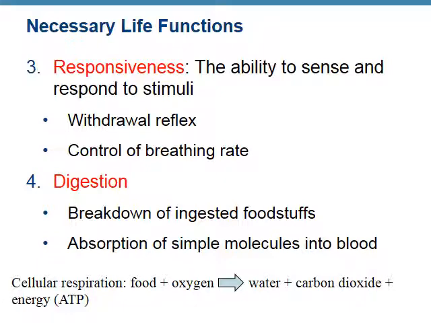Number 4 here is digestion. So in order to survive, we have to break down ingested, and they call it food stuff. So basically we're talking about glucose, carbohydrates, proteins, lipids. We have to take large food molecules like a hamburger and break them down into their simplest components, and then use those components to build molecules for ourselves. So here's the breakdown of food stuff, and then the absorption of the simple molecules into our bloodstream so that